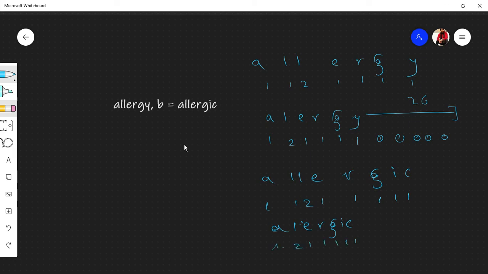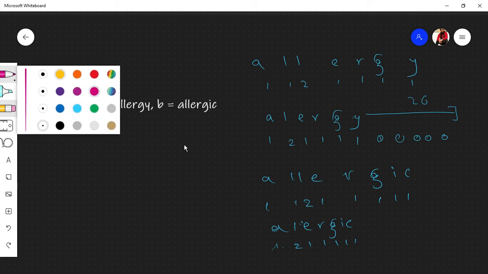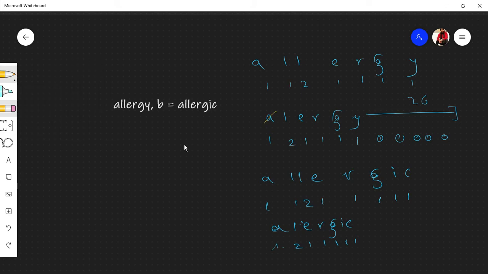But check this out, let me change the marker. A maps to A, L maps to L, E maps to E. Basically these cancel out, R matches R, G matches G. These cancel out, basically turning them to 0. What we need is a hash with all 0. But as soon as I comes out, I will be somewhere here, and we did not have I in this, so the value of I will be 0. But this I is 1, so 0 minus 1 will be minus 1. So the value gets changed to minus 1.